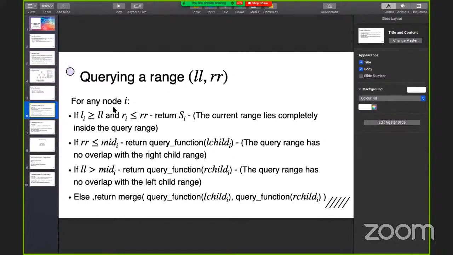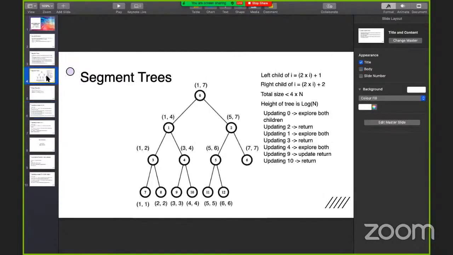The problem with our current update method is that whenever we're updating a range, we're updating the entire subtree all at once. So let's go back here. I remember we discussed what it would be like to update node 9. But let's say we had an update from 1 to 4.